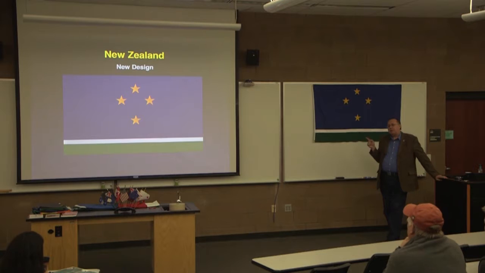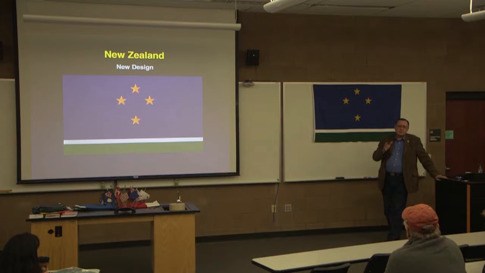The white stripe is a reference to the Maori people who actually first discovered New Zealand around the year 900. They sailed across, and they were sailing, we believe, from the Cook Islands area. And they came across